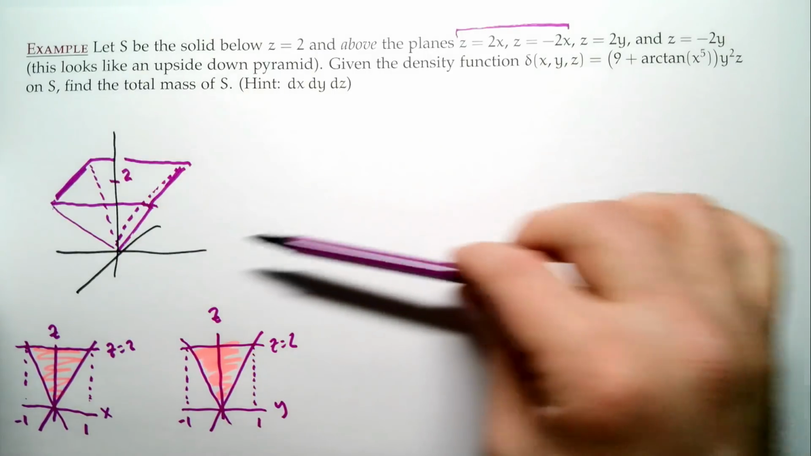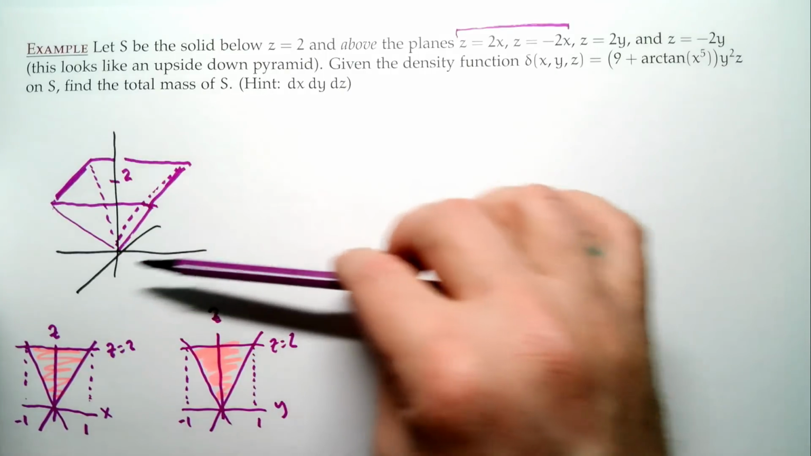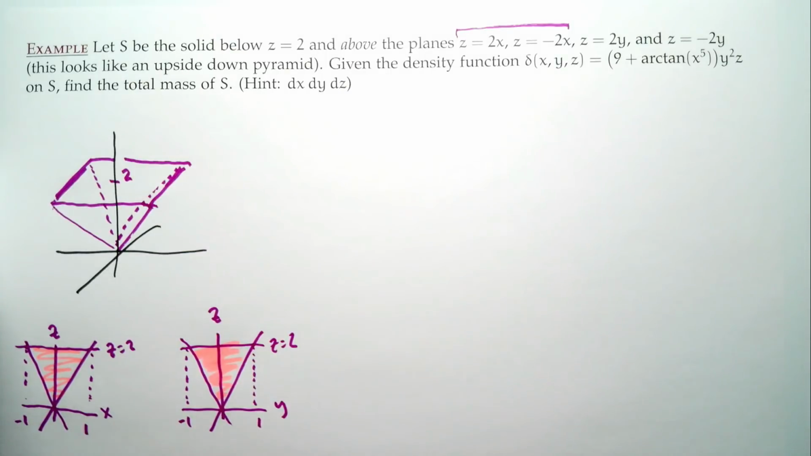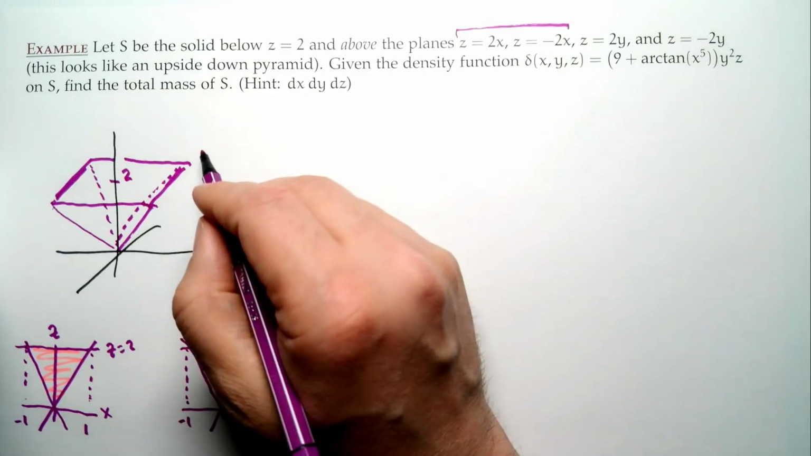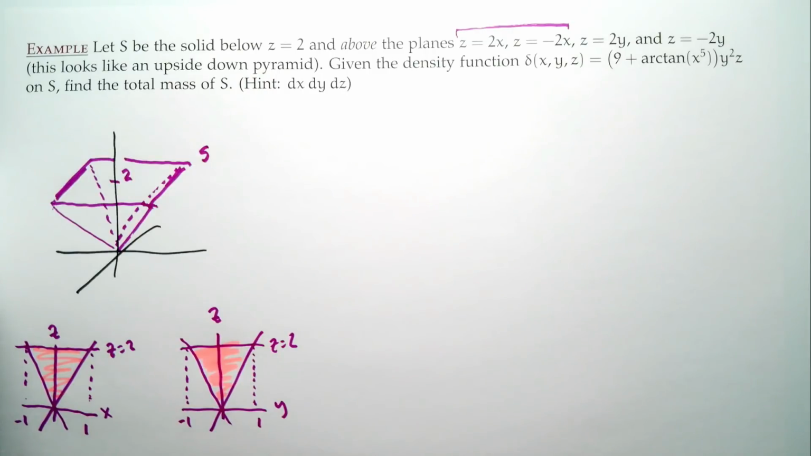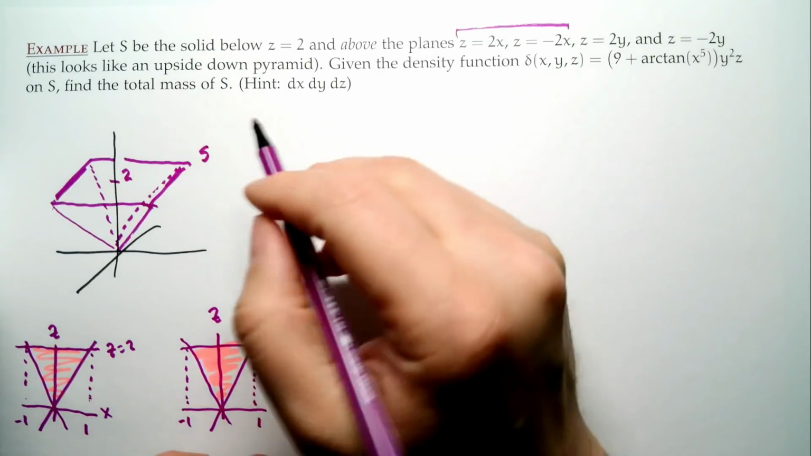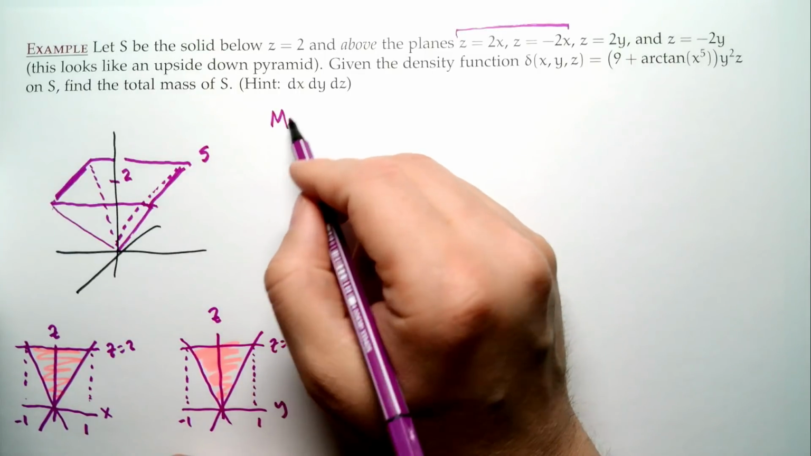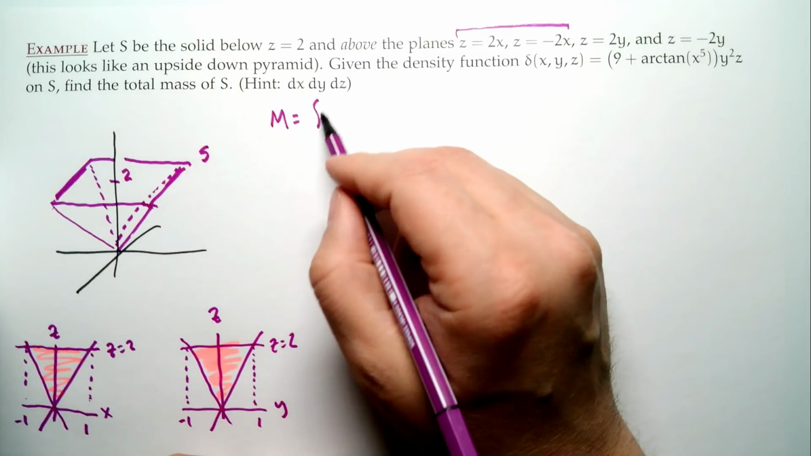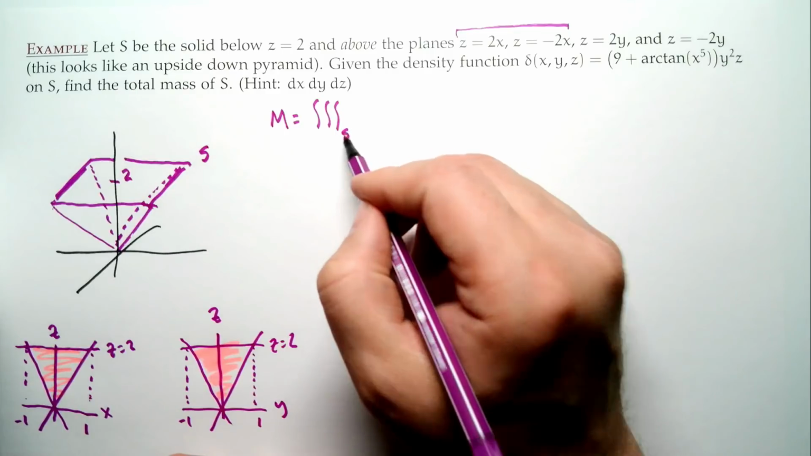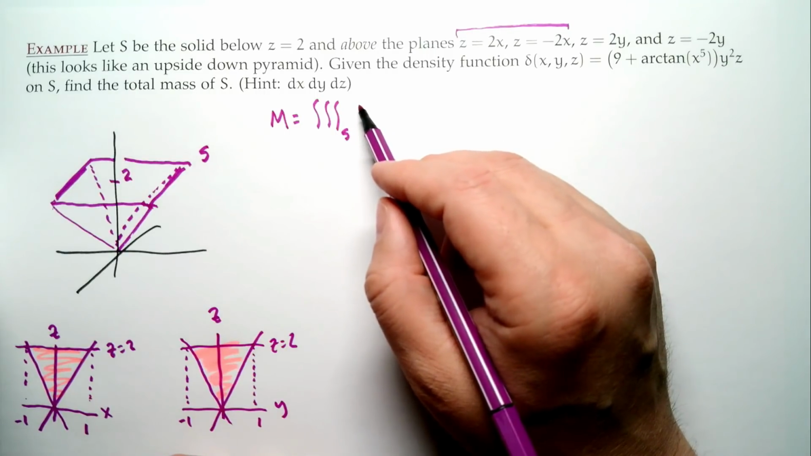And you can convince yourself, if I look down the y-axis, or if I look down the x-axis, I'm going to see the right shape. All right, so that's our solid. Here is S. And we're going to try to understand S a little bit better. Now we need to find the integral. So our goal is to find the following integral. Mass is the integral over our solid of our density